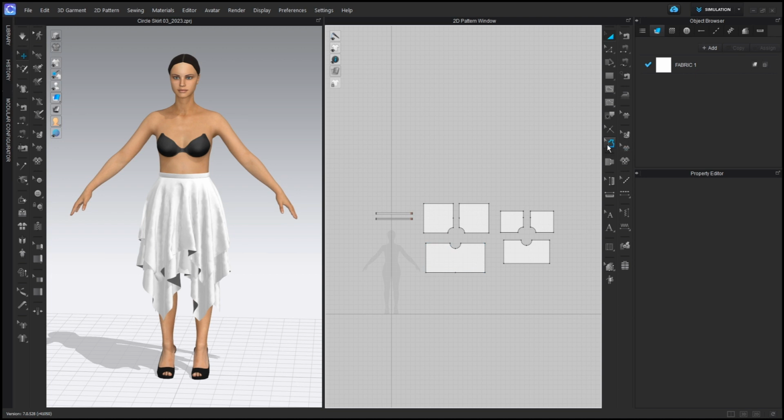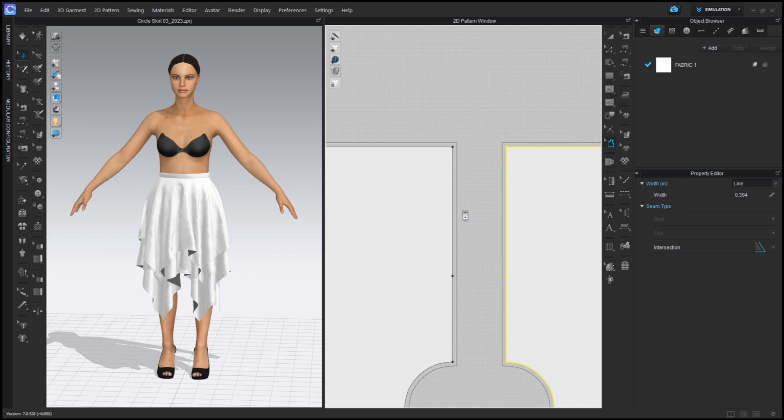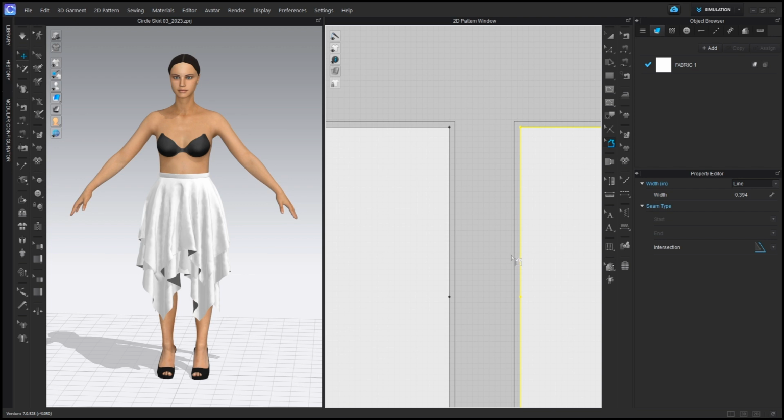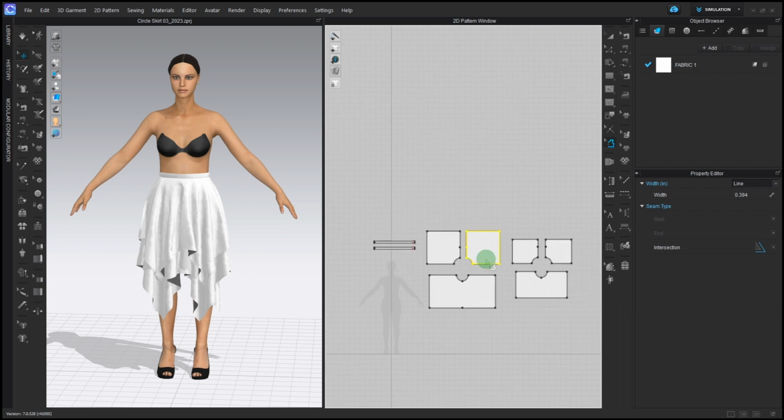This is your seam allowance tool. It looks like a little bodice with a bold blue edge and a little mouse attached to it. I'm going to click on that. I'm going to click and drag a bounding box around all of my pieces. It will select all of the edges and automatically add a default seam allowance, which is set to 1 centimeter or 0.394 inches. Now I want 0.5 inches, so I'm going to drag again with that seam allowance tool,